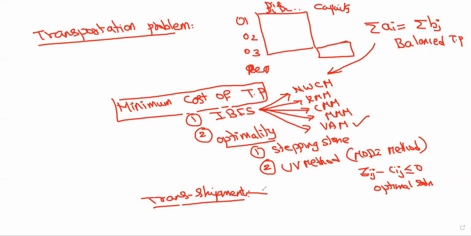We convert the transshipment problem into a transportation problem by introducing a buffer stock. We have to add the buffer stock to all the capacities and availabilities so that the transshipment problem will be converted to a transportation problem. This is the second unit, transportation. Over. And now I'm going to introduce one more new topic, assignment problems.